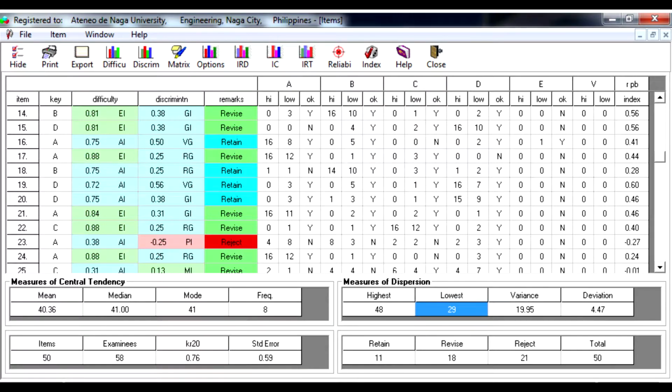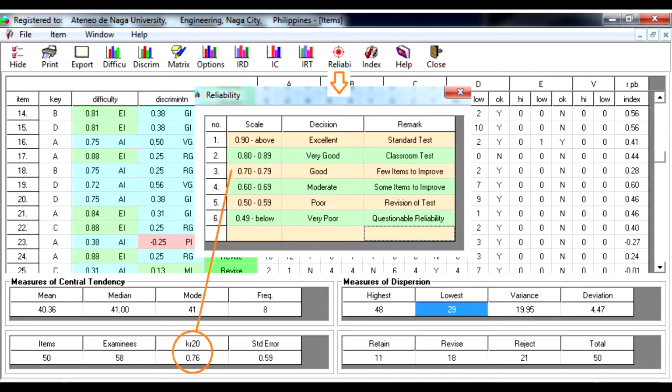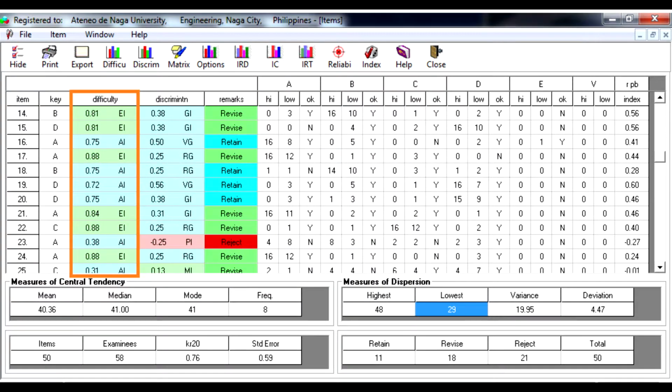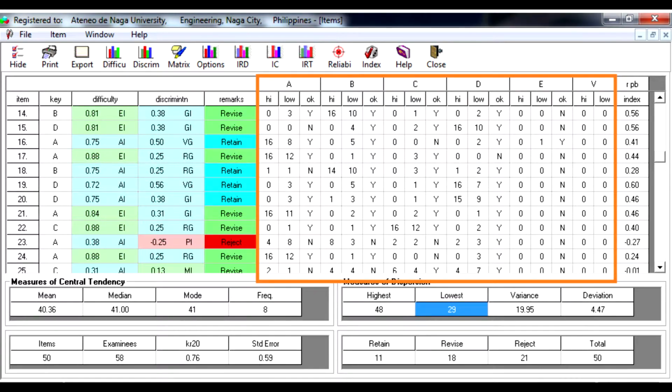It shows the item analysis, whose purpose is to evaluate the analysis of each item and each component of the test. The item table shows key to correction, difficulty level, discriminatory power, and remarks if the item is retained, revised, or rejected. Take note that if the discriminatory power is negative, there is the possibility that the key is wrong. It also shows the frequency or the number of respondents that selected each option between the high-scoring and low-scoring respondents